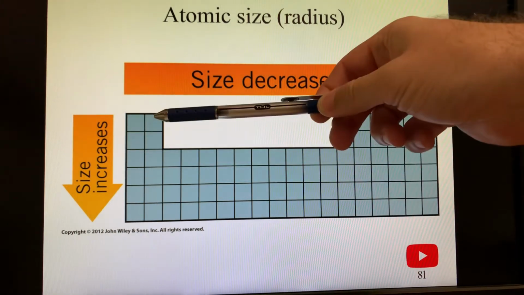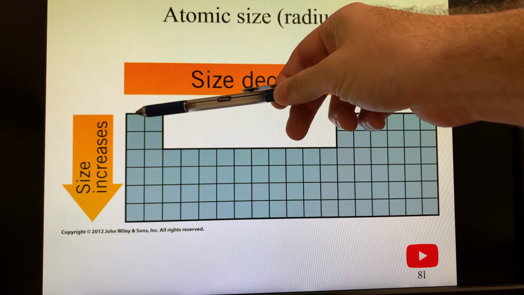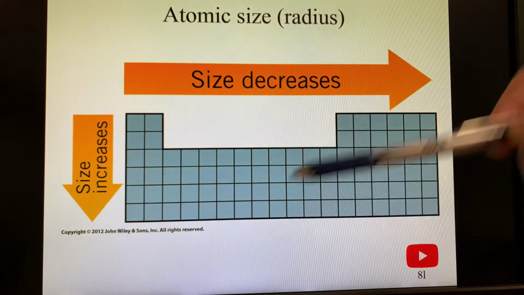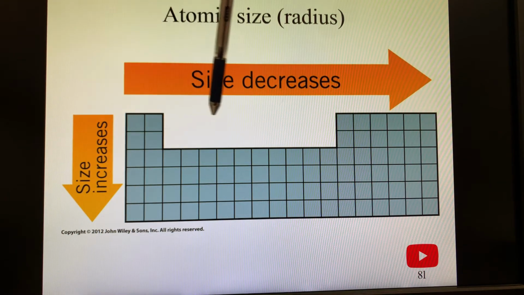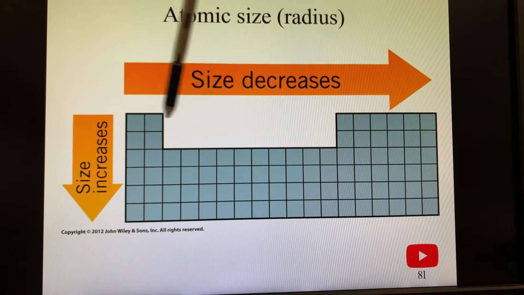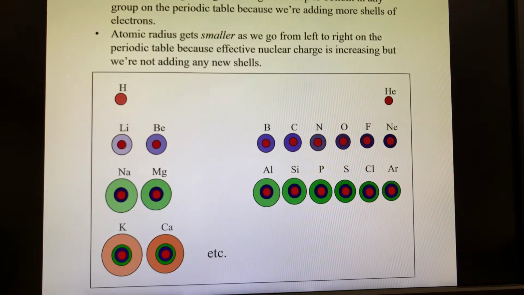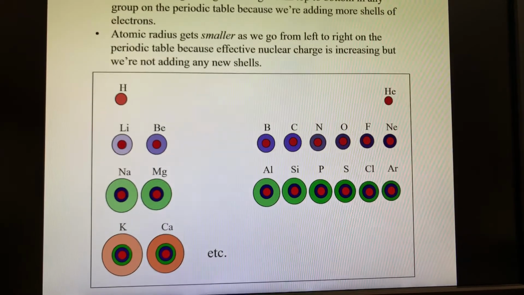Because the trend is size increases as you go down a group, and as you go from left to right, size decreases. The radius gets smaller from left to right, even though the atomic number, the number of protons and neutrons and electrons, is increasing. So it's important to understand why that is. So I made this figure here